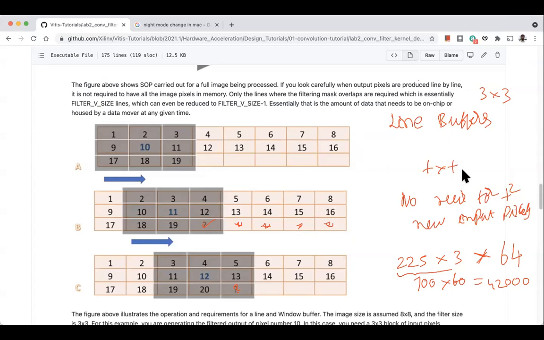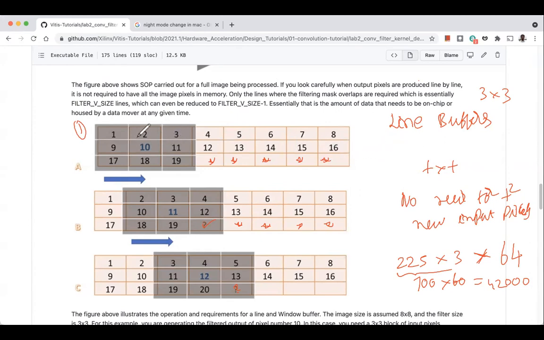Sir, could you explain why did you multiply 64 with 225 into 3? That is because in every clock cycle, after you got pixel 19, you apply a filter. In the next clock cycle, since our DDR bandwidth is 512 bits, you are able to get 64 input pixels in a single shot.